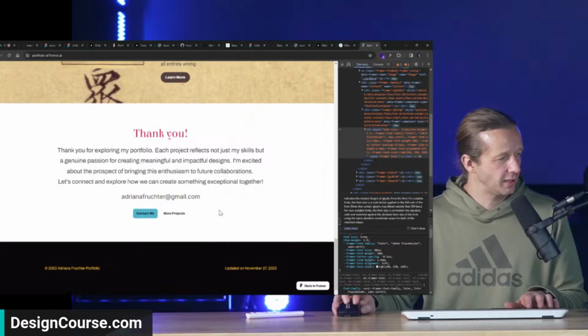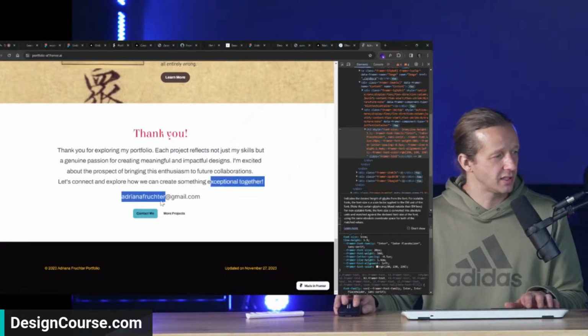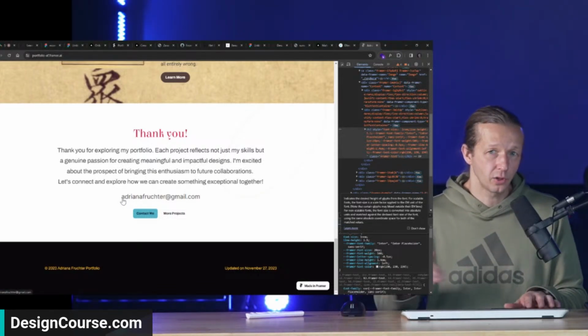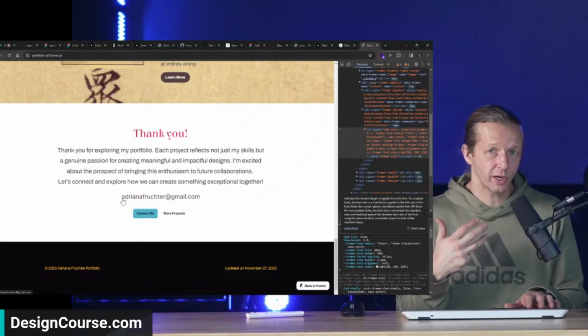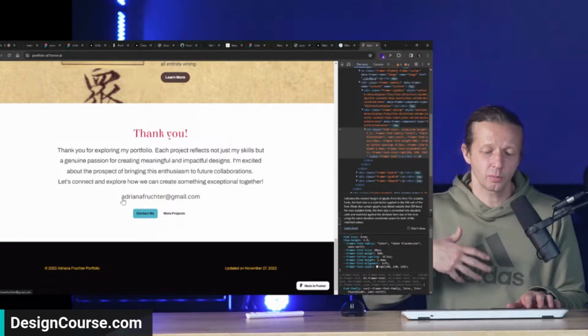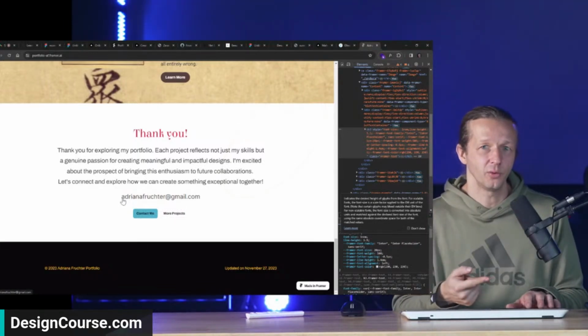Checking out other things. There's some other small things like, okay, so for your email, I would definitely have an embedded contact form, and Framer makes that easy. Because this is kind of getting lost right here. If it's a clickable element, I would style that differently. But you want to have your email. You also want to have an embedded contact form. You want to have your social media. You want to have your phone number. If you're really serious, you're going to put your phone number on your website.